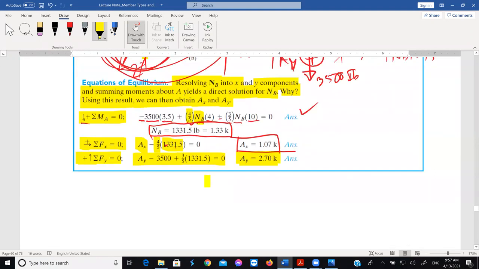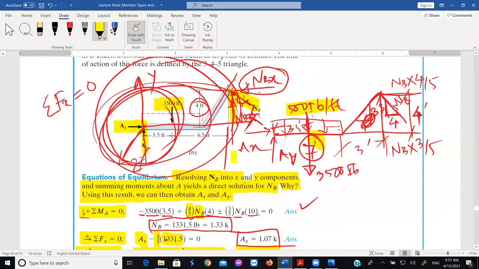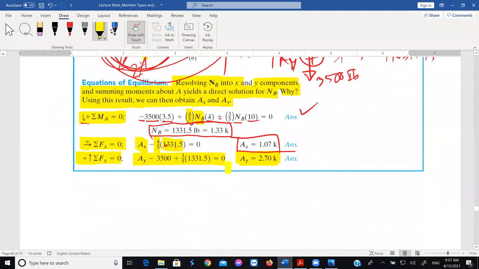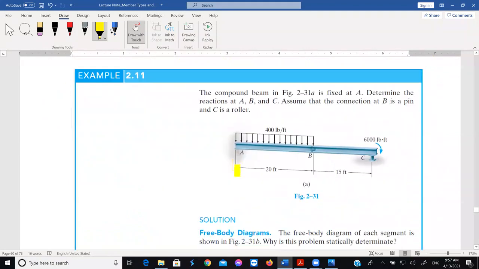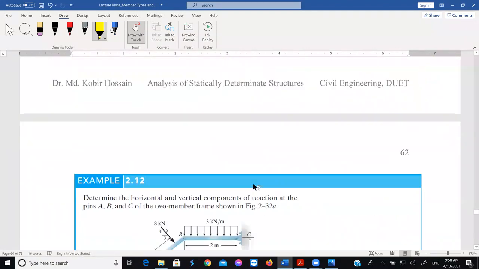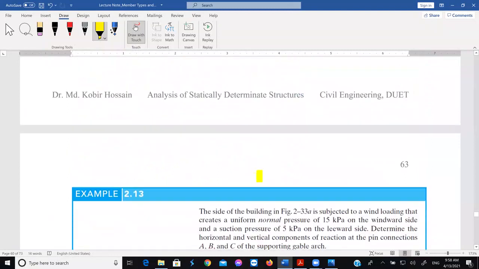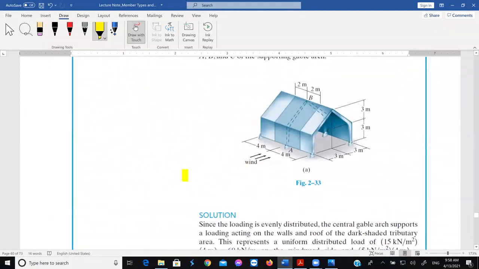So I think that's how we determine the external reactions of external forces on beams and frames. We will discuss more beams and frames in the coming classes, and we will then determine the internal effects, that means the axial force, shear force, and bending moments in the components of the structure, and from that we can also determine their displacements and stresses as well. So today's class is up to this point. We will stop here now.